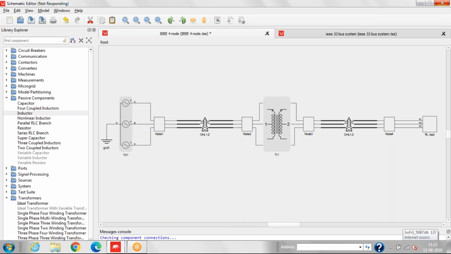So it will take some time. Regarding this modeling, if anyone has any query, you can ask.